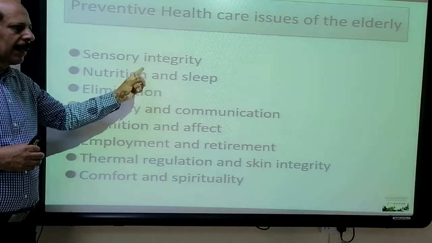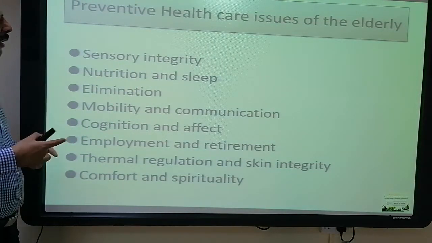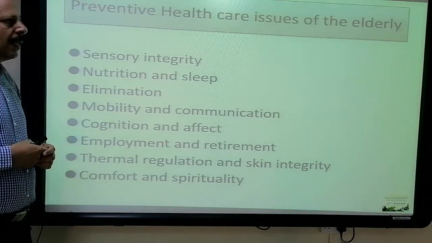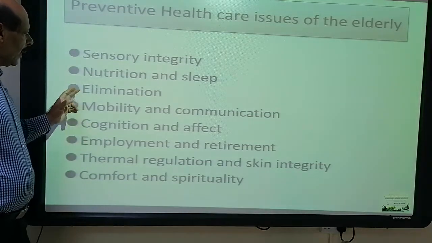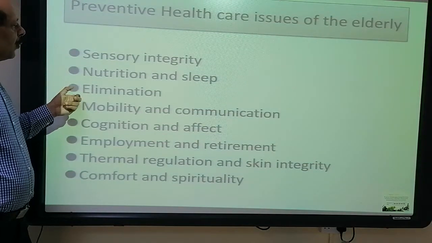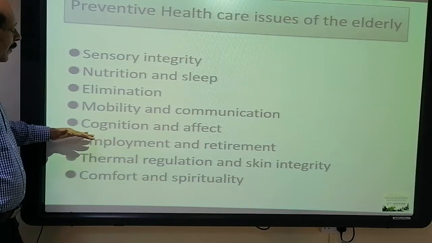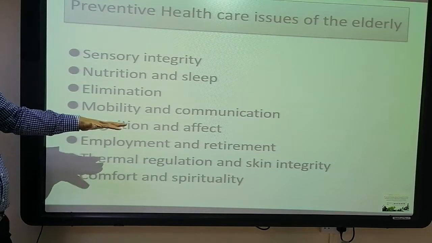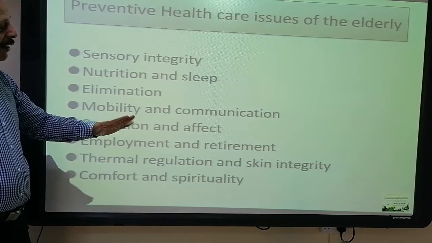The client in older age, sometimes they are having difficulty to initiate sleep, or sometimes they are waking up very early in the morning. Also, the ability to elimination, mobility and communication, also cognition and the affect, employment and retirement,